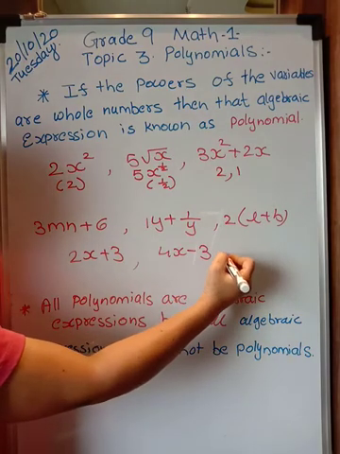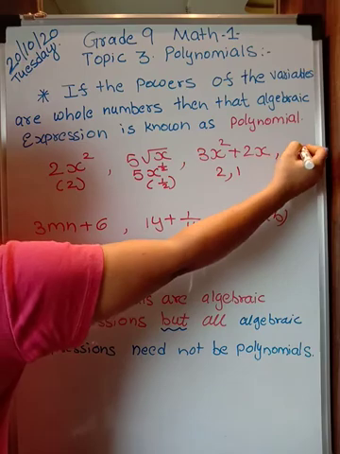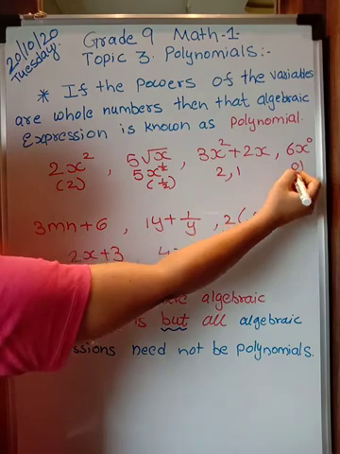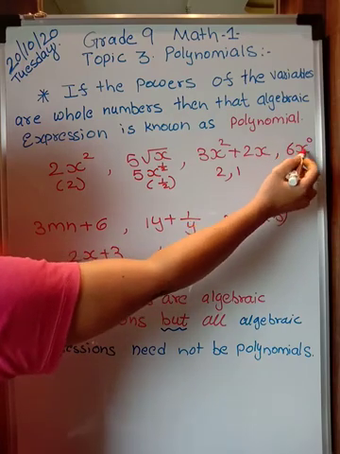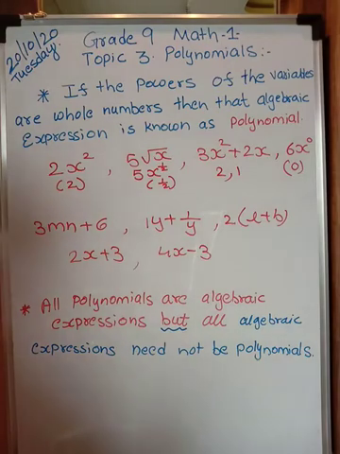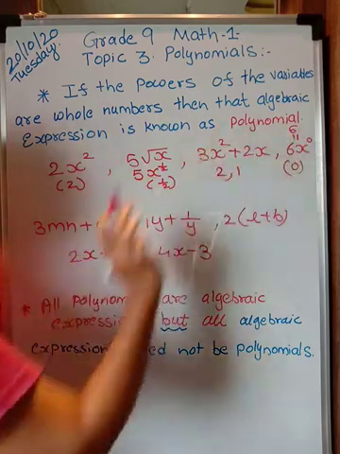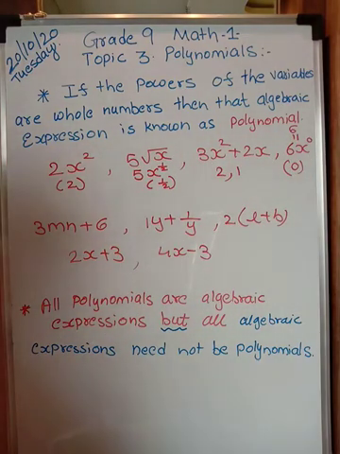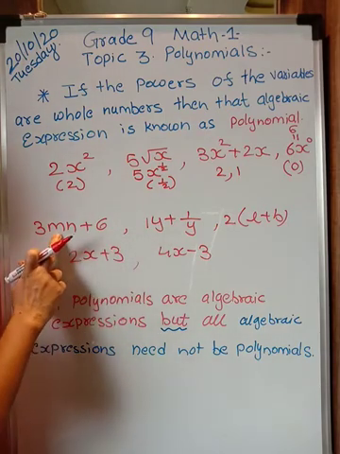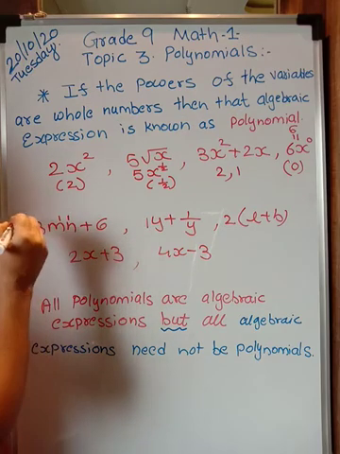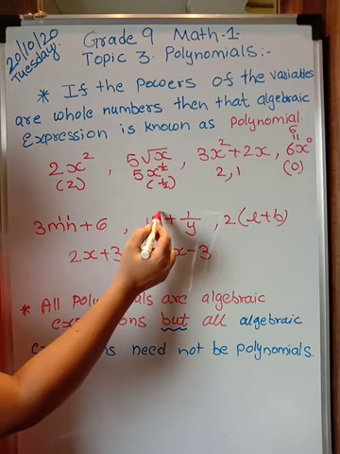Let me write one more algebraic expression. Over here I am writing 6x raised to 0. So what is the power of x over here? 0. Now in 6x raised to 0, you know x raised to 0, or any number raised to 0, the answer is 1. So this is nothing but 6. Only 6 can also be written as 6x raised to 0. I am writing down all the powers. Concentrate on this. The power of m is 1, and the power of n is also 1. So I am writing here 1 and 1. I don't have place below, so I am writing it up. Now what is the power of y? Over here it is 1.